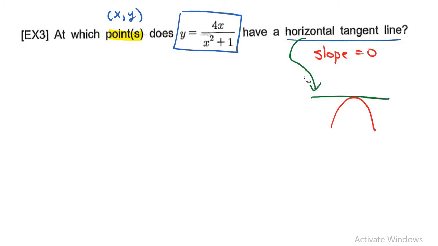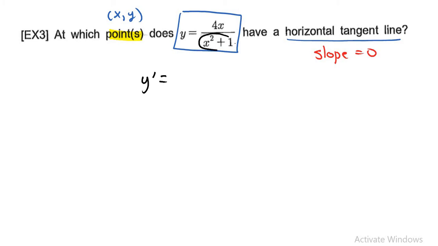So our strategy for this problem is we're going to take our derivative using the quotient rule, and then we're going to take our derivative and set it equal to 0 and find the corresponding x values, and then we can find the corresponding y values. Alright, so let's go ahead and find the derivative here. Now the quotient rule